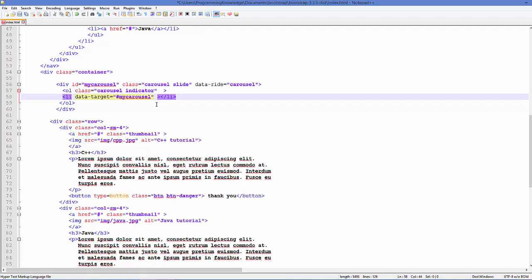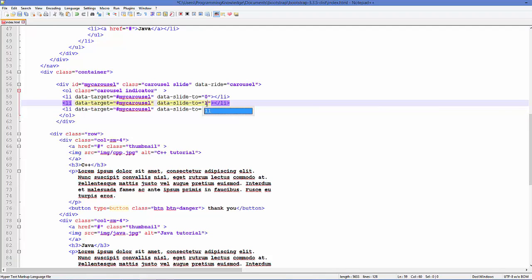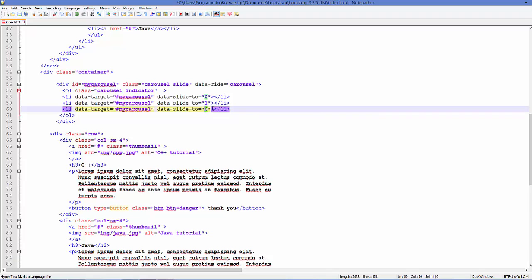and then we want to add the data-slide-to number. Okay, so data-slide-to equal to, and set it to 0 for now for the first slide, and then just copy this list item from here and paste it 3 times, because we are going to show 3 carousel pictures, and you just need to change the number here, slide number 0, 1, 2. Okay, and to set which slide will be active, we can set this slide as active. So whatever slide you want to be active initially, you can add this class active to